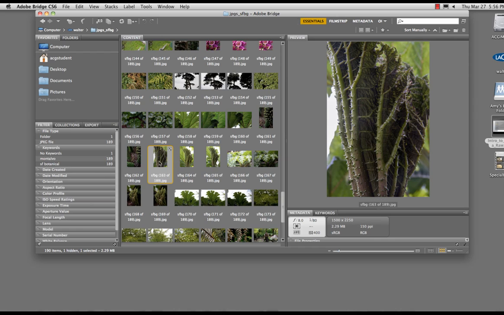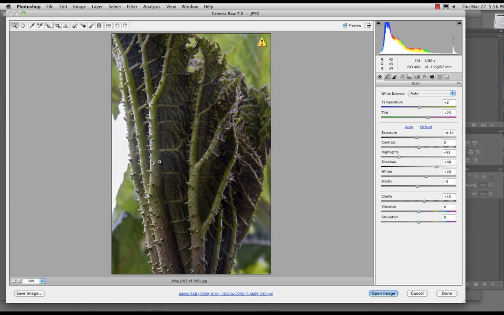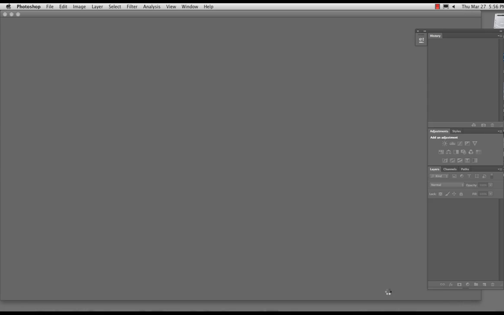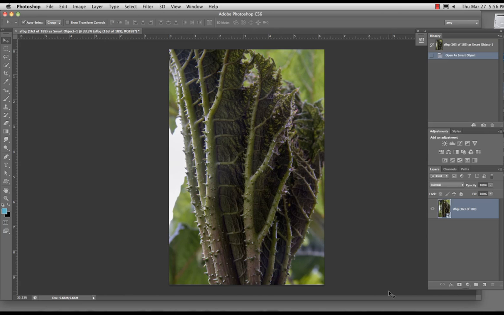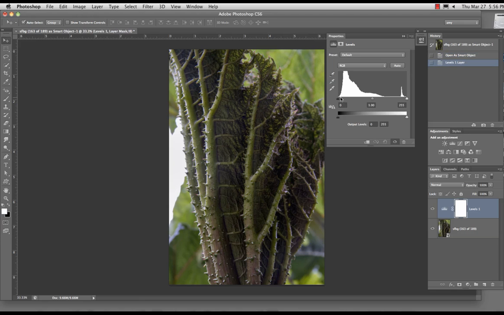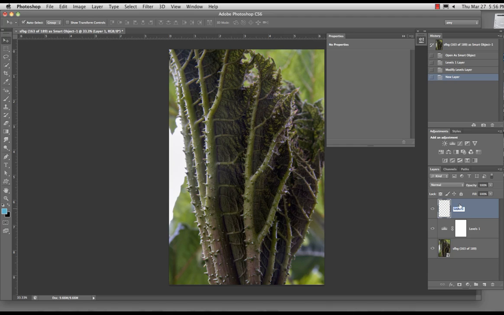Go back in here. Hold down the Shift and it changes to Open Object, and it will open in Photoshop as a smart object. And we love smart objects. They're great, right? So no matter what I do, if I want to make a levels layer, if I want to make a retouching layer,